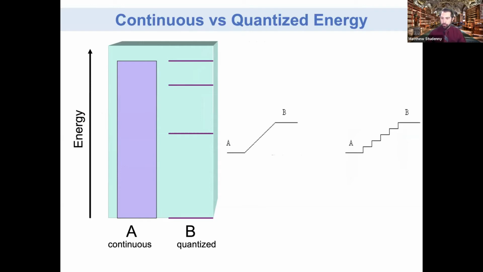So if you were to think about walking up this ramp, you could exist at any point continuously along this. Now compare that to steps. You have to exist on this step or this step. You can't be hovering in between those two steps. And that's what we mean when we talk about electrons existing at very specific amounts of energy